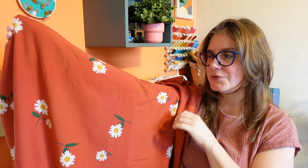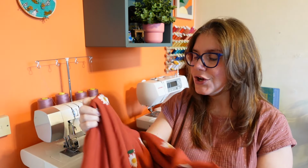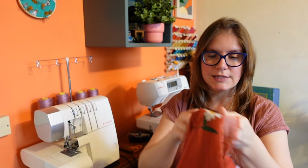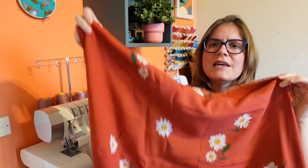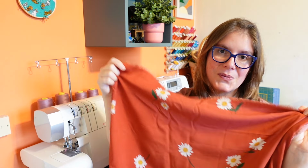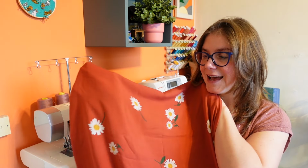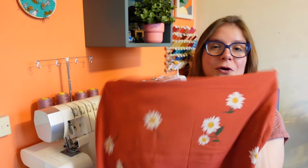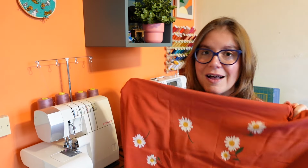I'm curious to see how this jumpsuit works with this fabric, and I'm excited to see how my theory works out. So this is just a standard viscose fabric. It's slightly weightier than the viscose lawn that I showed you guys a little while ago, but being viscose, it is definitely still really nice and drapey. I would say this one's probably a little bit more bouncy, being a little bit heavier, and I think it's going to be a really fun one to wear in that jumpsuit. If I can get that jumpsuit fitting better than my last one, I feel like I will just want to wear it and float around in my lovely wide leg trousers. It's such a flattering shape. It's such a beautiful overall concept,